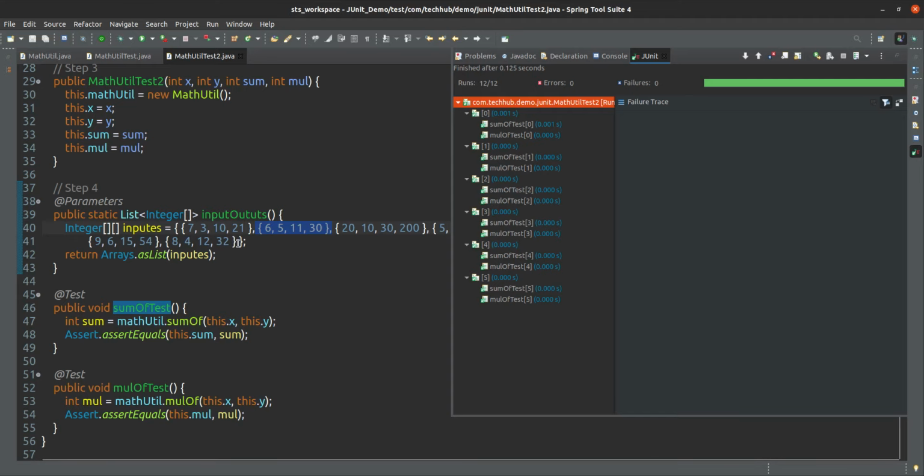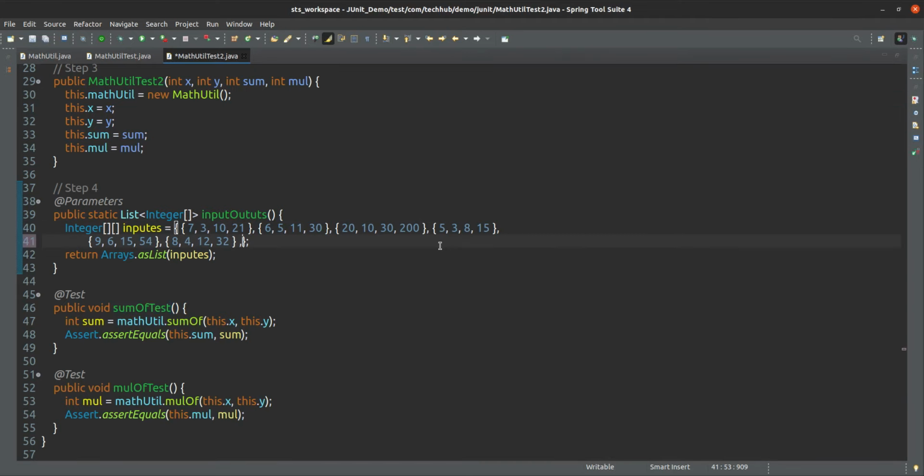If you want to add a new input, you simply have to add it here, like 4 and 3. How much will it be? 7. Sum is 7, but multiplication is this one, 12. Simple, and just run.